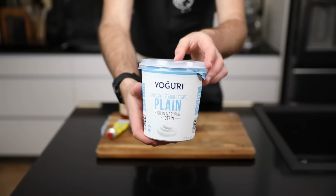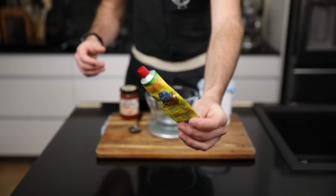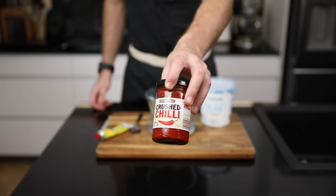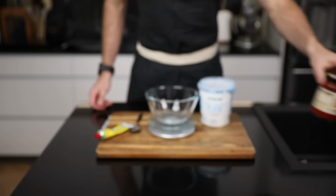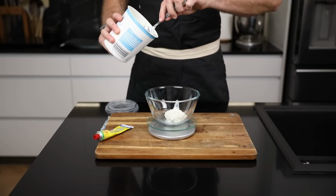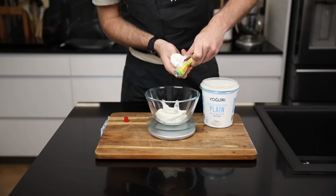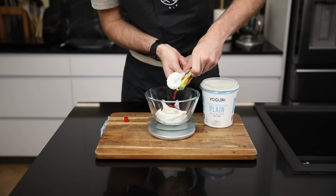Now we're going to create a harissa paste for going on top of the chicken, and it's a combination of the yogurt I showed you before and harissa paste. Now if you don't have harissa paste, you can use crushed chili. That's going to be very similar in taste. You want about 100 grams or 3.5 ounces of the yogurt, and you want about 2 tablespoons of harissa paste